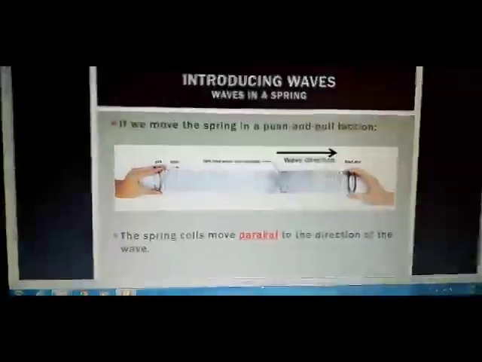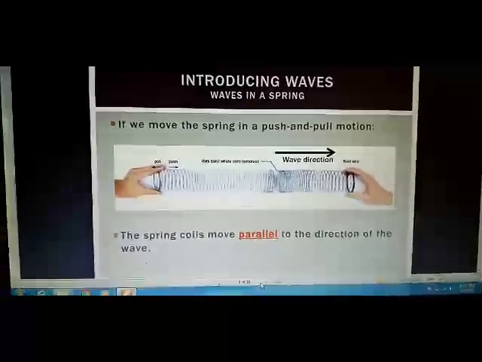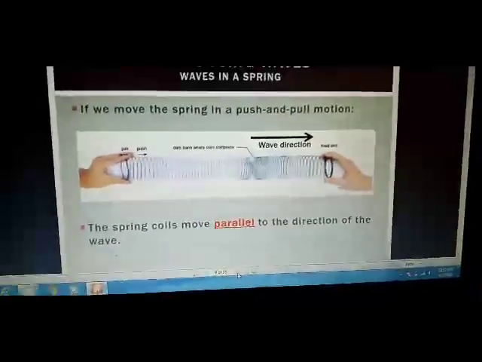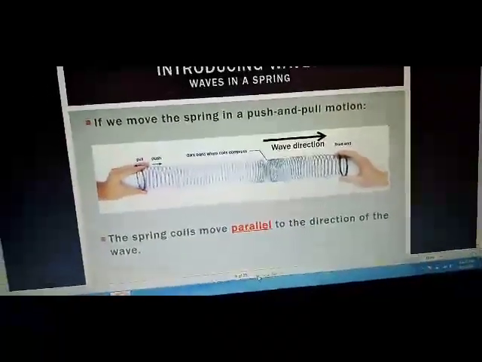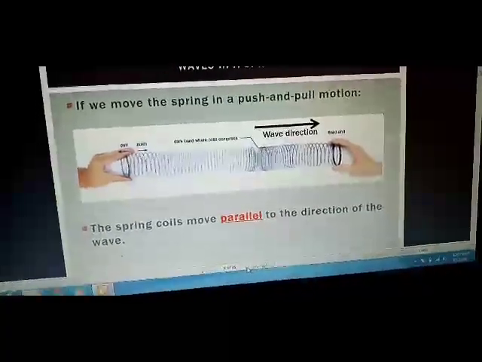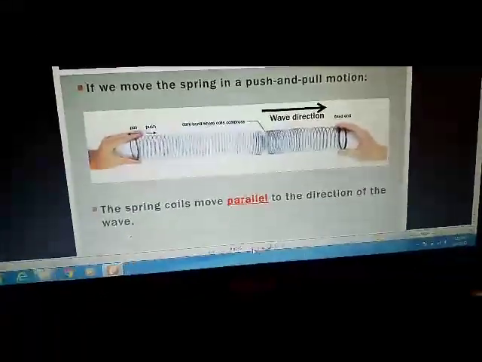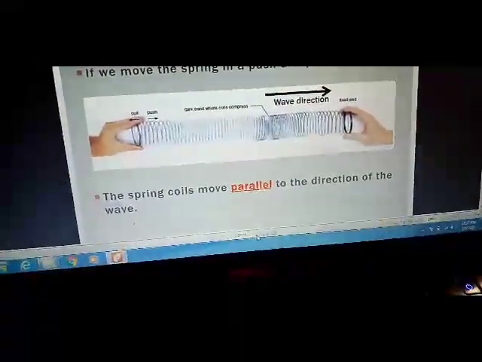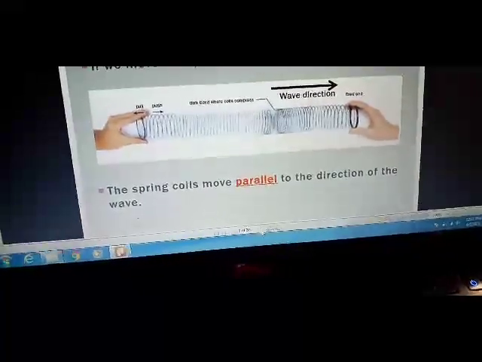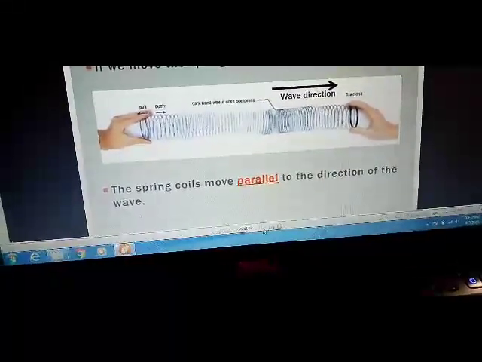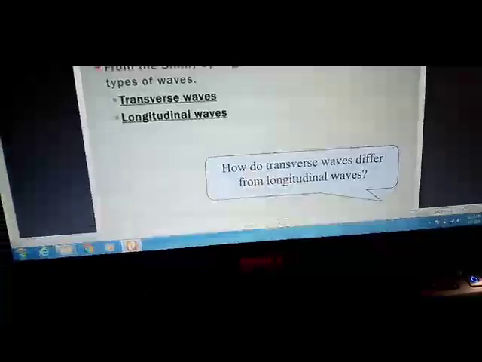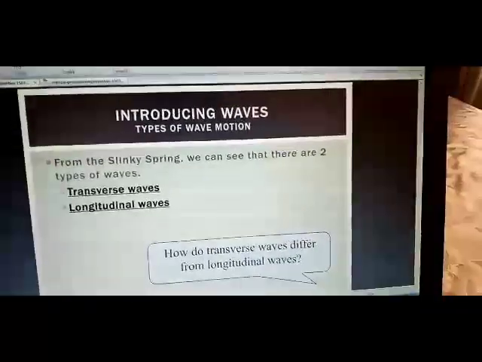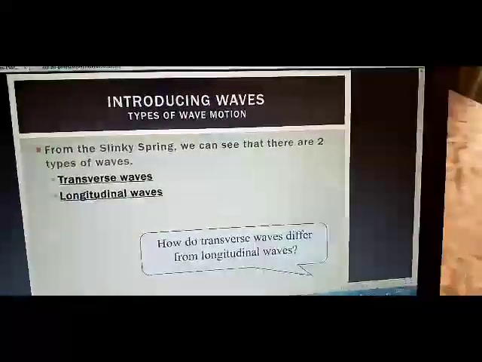Now in the next, we see waves in a spring, where we move the spring in a push and pull motion. Then the wave direction is shown by an arrow, and the push and pull is forward and backward. So the spring coils move parallel to the direction of the wave. Okay. Now next, what we have studied up to now is that there are